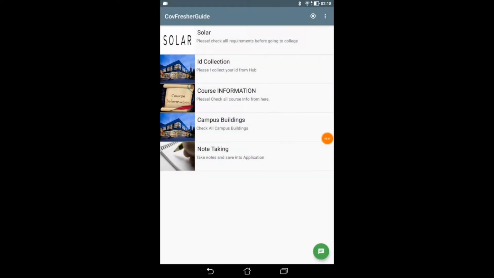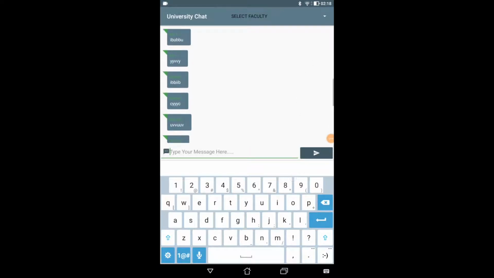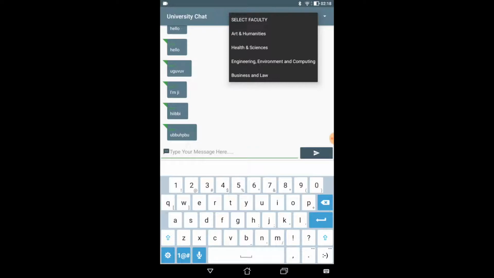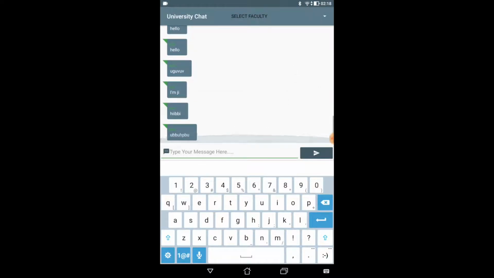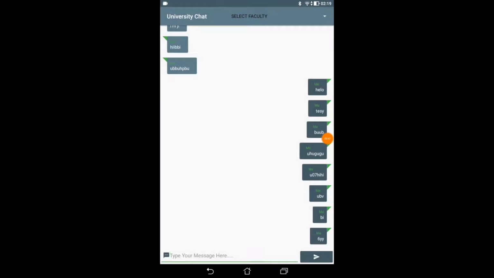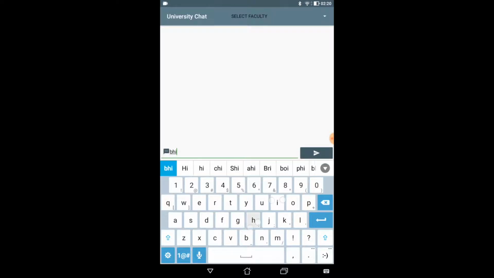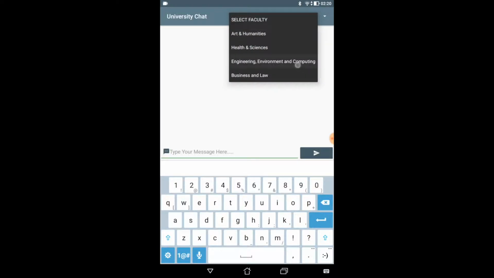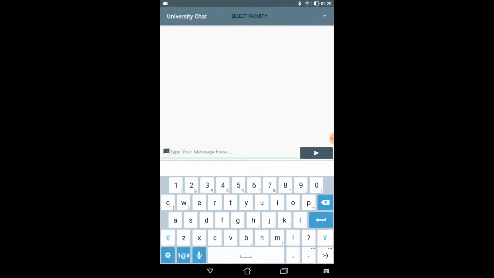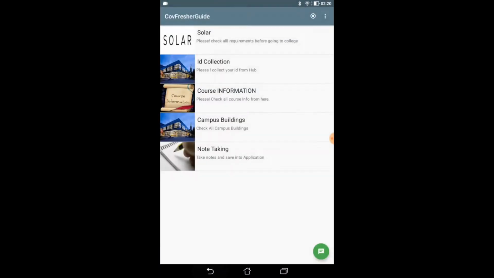The other feature of the app is chat with the students or the users, whoever is registered with the app. They'll be able to select a faculty and then chat with the students in those faculties. Chat with anyone they like. Business, business law, and